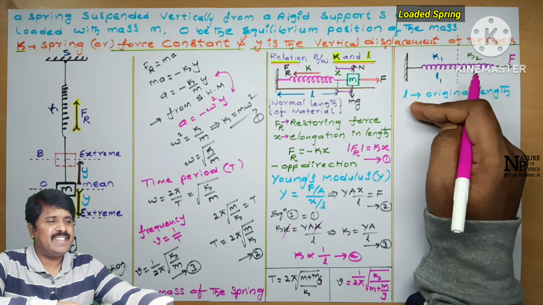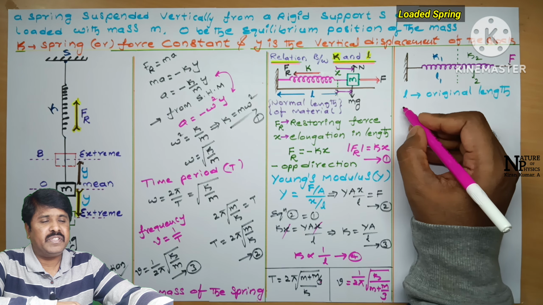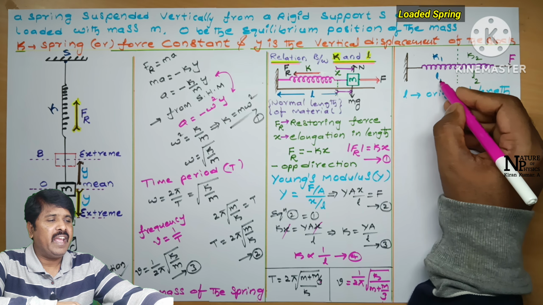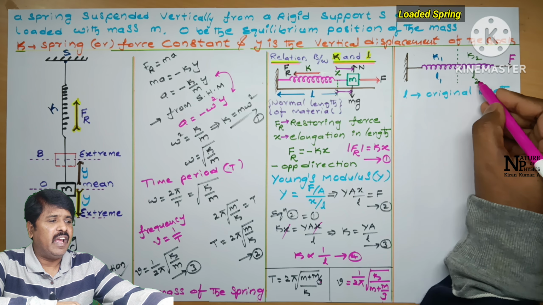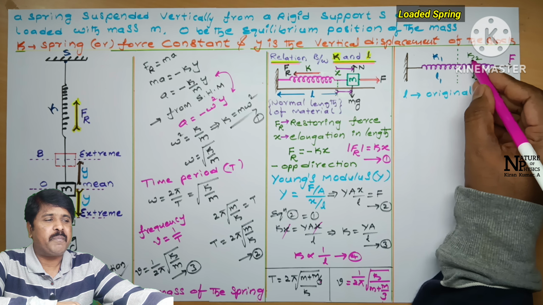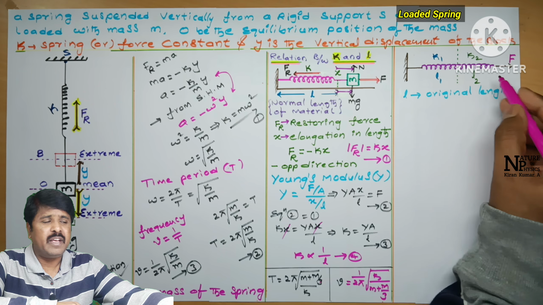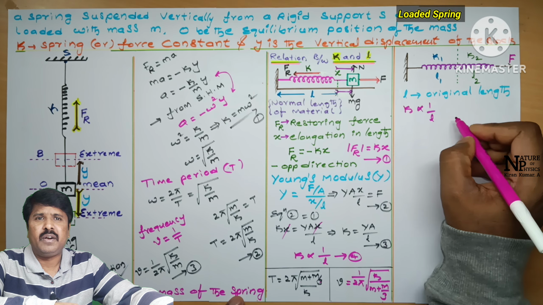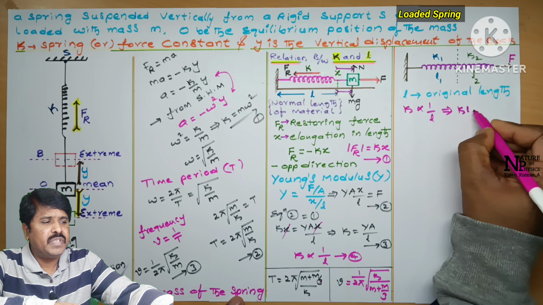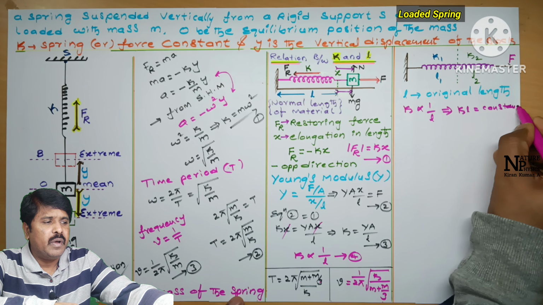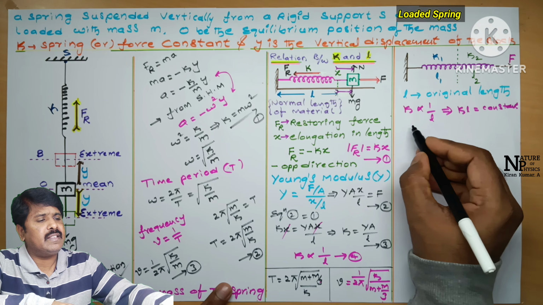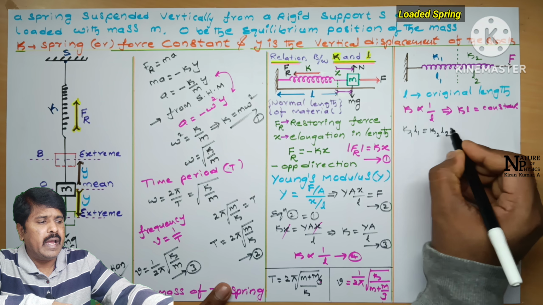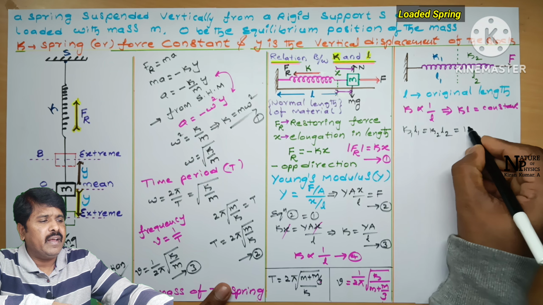The length of the spring is L, the original length. K is the spring constant or force constant. This spring is cut into two different lengths, L1 and L2. L1 has force constant K1, and L2 has force constant K2, respectively. So we will get the relation between them. First, writing here, spring constant K is inversely proportional to the length, so KL is equal to a constant. Okay, and then continuing, the equation is K1 L1, which is equal to K2 L2, which is equal to